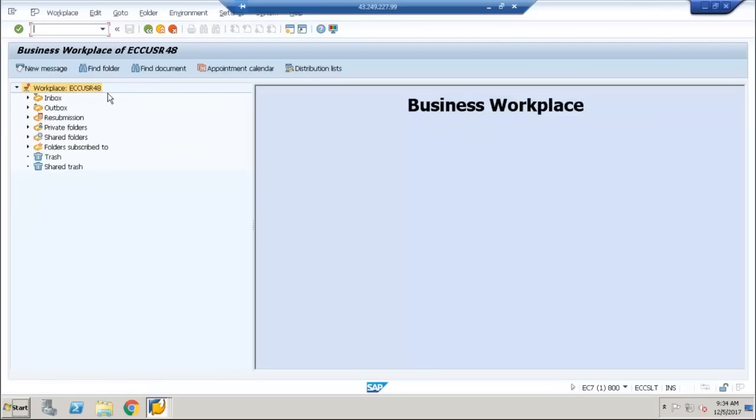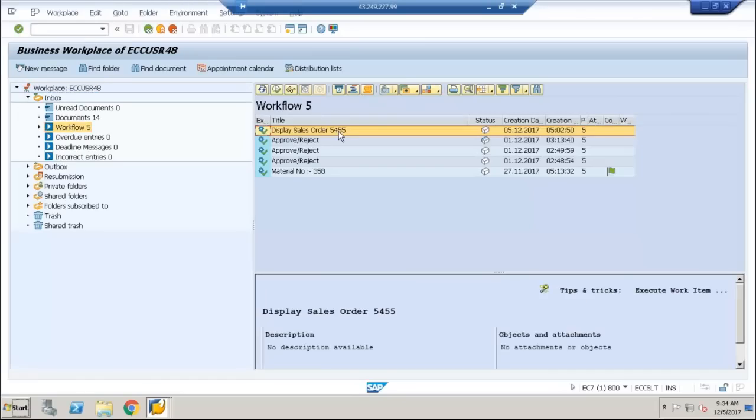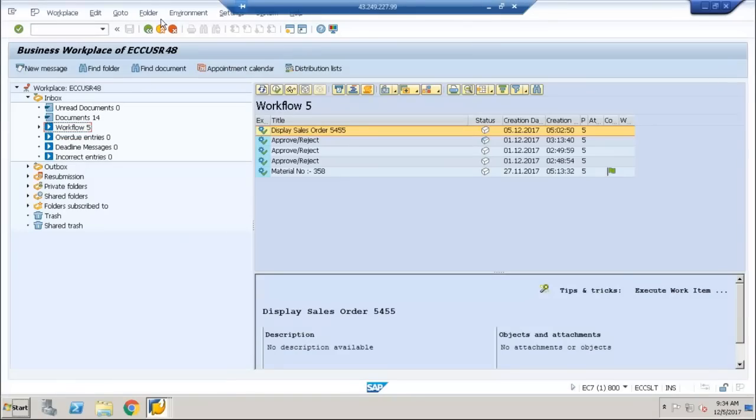I hope you are aware of this inbox. Under workflows, see, this is the work item pending at my place. Now when I double click this one, what will happen? It will display my sales order. Before displaying, I also want to show, if I want to debug this foreground task, I can directly debug. How can I debug? I know the business object method. What I will do is